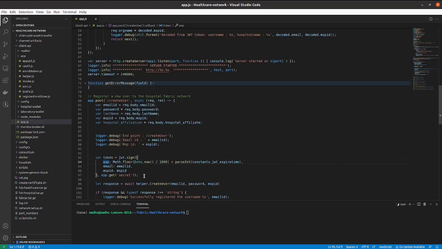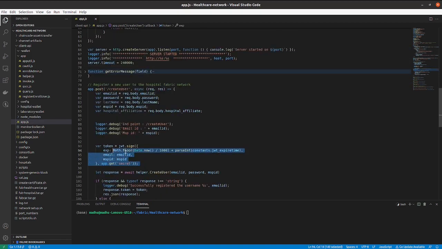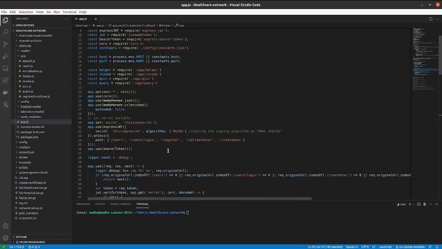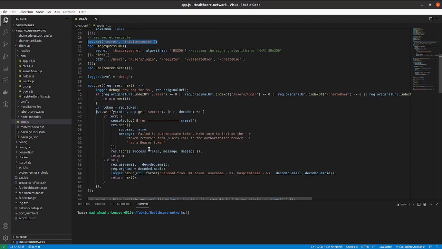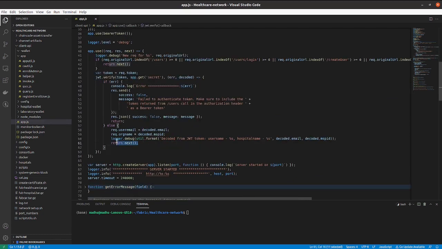This token is cryptographically signed, not encrypted. So transport security, that is HTTPS, is mandatory when storing user data in the JWT, so we can make sure that no middleman can intercept and modify it. This JWT is signed using a secret key, which has been declared here. You can use any secret key for cryptographically signing this token.